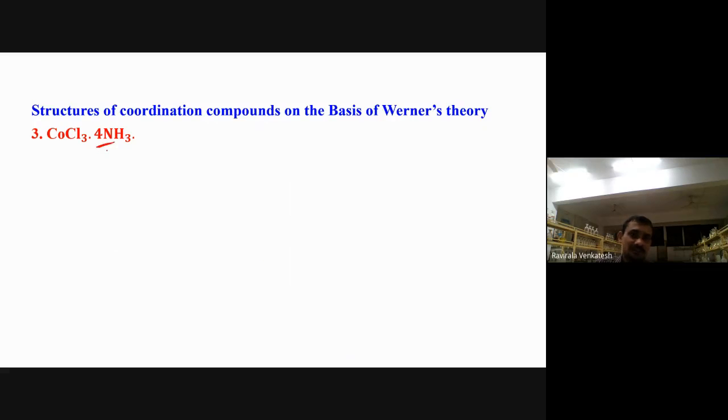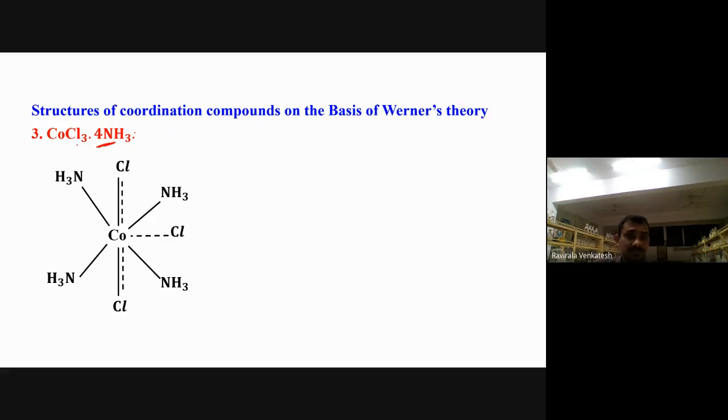Now 4 only are there. First you have to consider this one, 4 moles of ammonia. Okay. Then you take from the chlorine here, the 2 chlorines help to make the primary and secondary valence. Now 2 chlorines are acting as primary, and this one is acting as secondary. This one acting as only primary. Sorry, only secondary. This one is only primary, secondary,